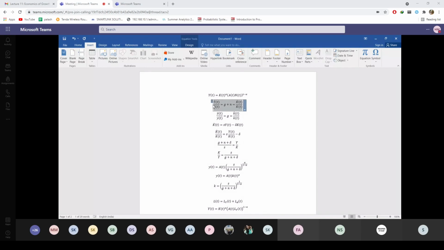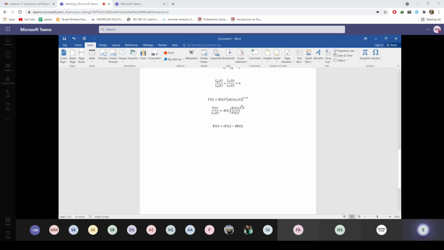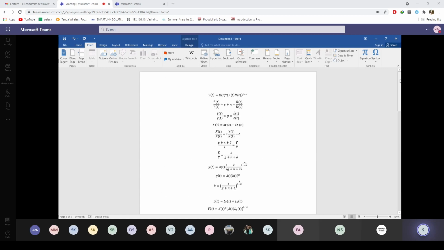First take this. This part remains absolutely unchanged, since along the balanced growth path, capital K and capital Y are growing at the same rate, and this is basically what I get. Fine, very good, no problem. Then I will substitute that value over here. If I substitute this value over here, I will get the same thing, that this capital K by capital Y